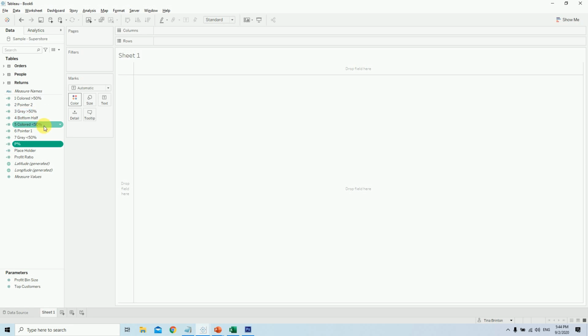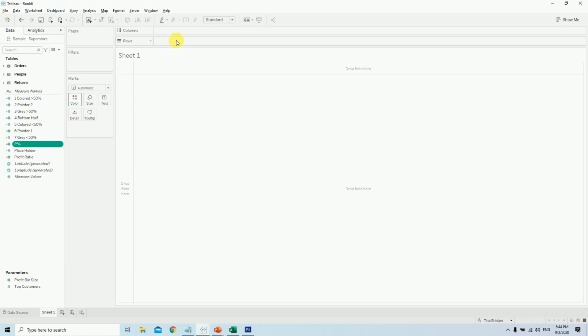Similarly, if the size is below the 50%, then it will show the colored part below 50%, and it will show below 50% of the gray area. And we have the bottom half, basically it will be the half part. A gauge is basically a donut chart divided into half. So half part of the donut chart will be covered with the white color.